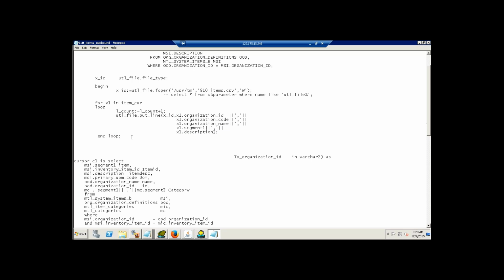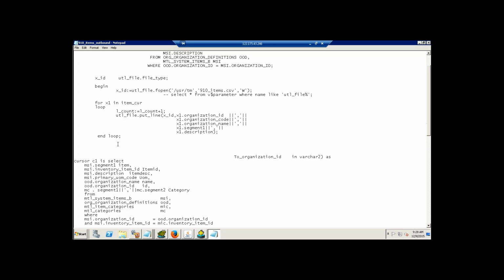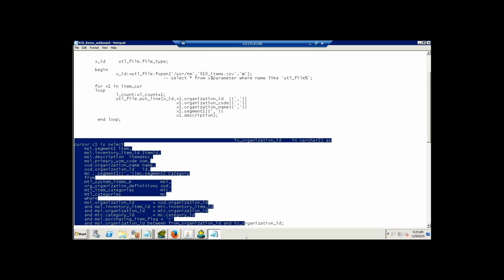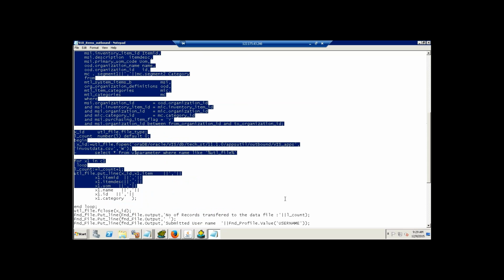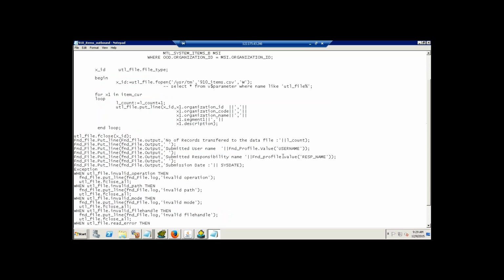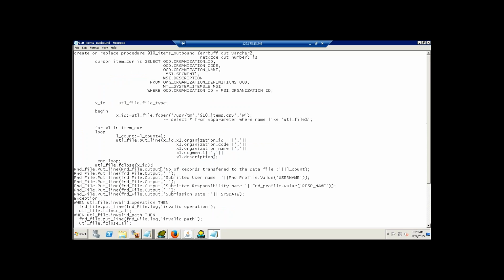The next one is we have to close this. The file is already open here, we have to close that. So UTL_FILE.CLOSE of xid, the variable which we created. Then next one is